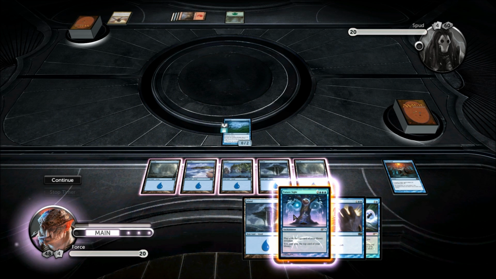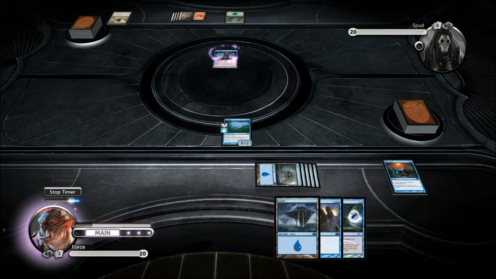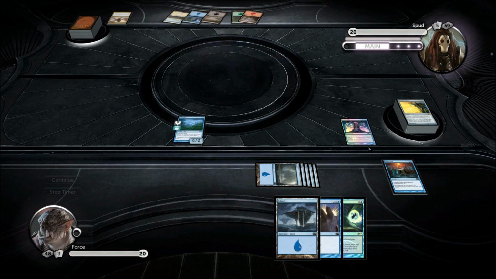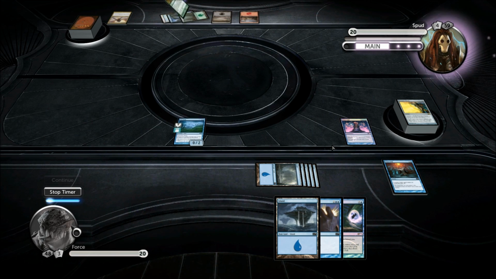I'm going to Future Sight now. All right, so hopefully he doesn't play anything super crazy next turn. So Future Sight, I can see the top card of my library. I can play with it as if it were in my hand. I've got a Panoptic Mirror. That's really cool. The disadvantage to Future Sight is that your opponent also sees that card, but getting an extra card in your